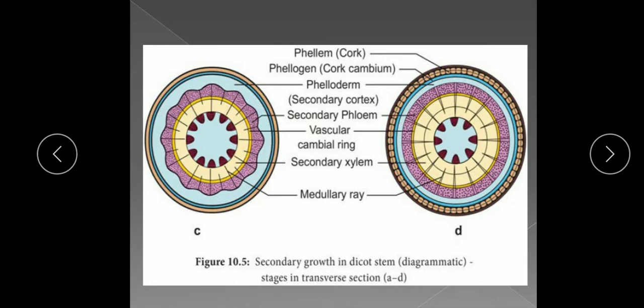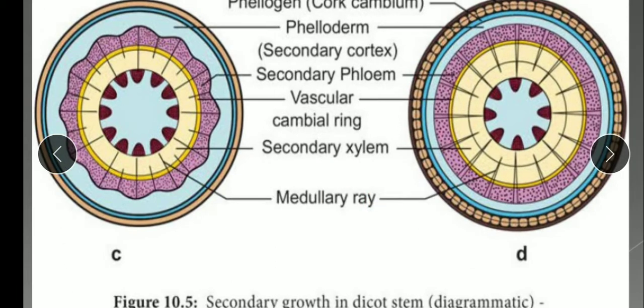Now the second is the growth in the extrastellar region. So due to continuous secondary growth in the stellar region, the cells of epidermis and cortex rupture. So you know that growth is taking place in the stellar region. It forms a large amount of tissue, and this tissue exerts pressure on the tissue external to it, that is the epidermis and cortex. So further, before the rupture actually takes place, what happens?